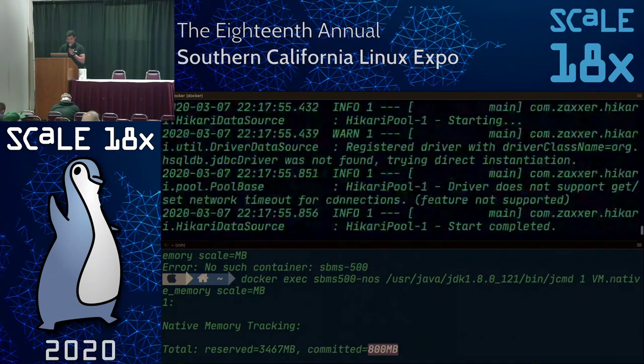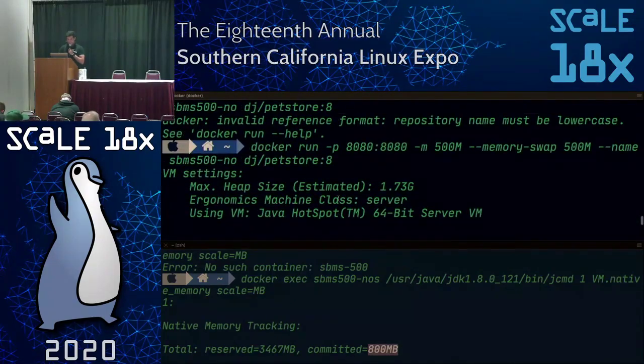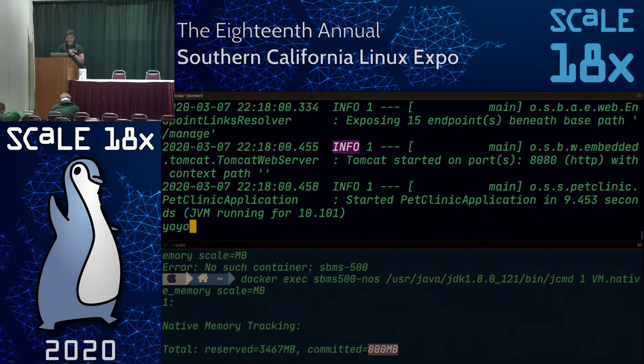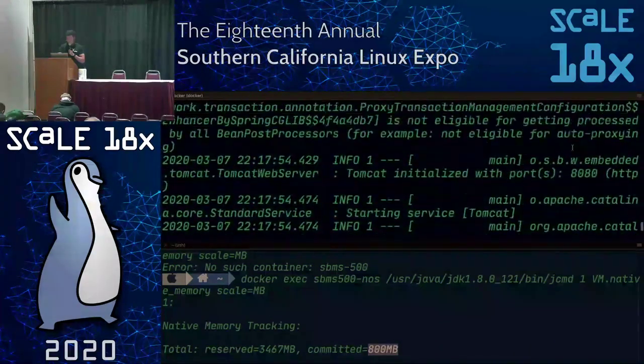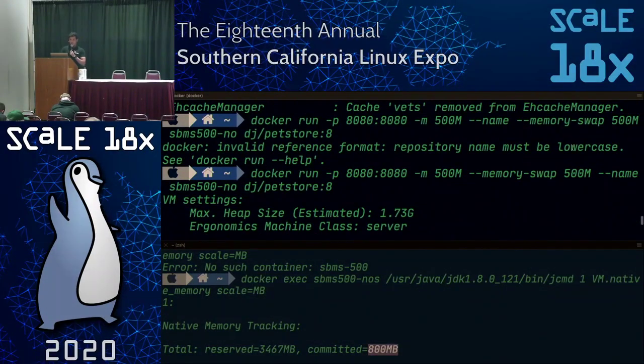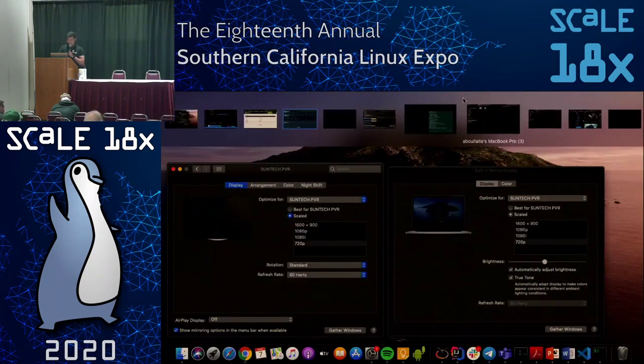Okay, so the demo gods are not with me. Okay, let me check. Normally the memory swap value is the same. It should not start. But you got the idea. So the application will swap, and normally if I disable swapping, it should not start. But I probably missed something in the configuration. And my screen looks huge. Anyway,